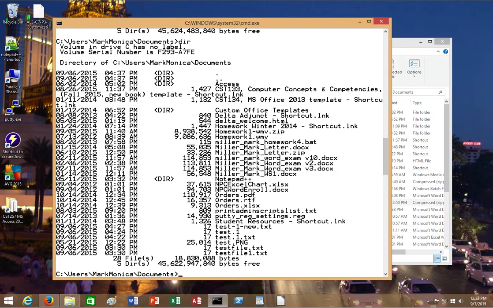Alright, now what wildcards are: there are two characters, a question mark and an asterisk, that allow you to substitute those characters instead of the characters that actually are being used in a file name or a directory name, in case you want to reference more than one file and they only differ by a few characters. Now, I've got several files here that start out with Miller mark, and some of them get a little bit more specific. For instance, letter and word exam get more specific